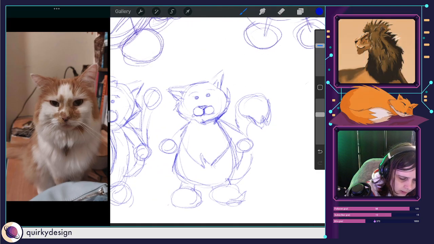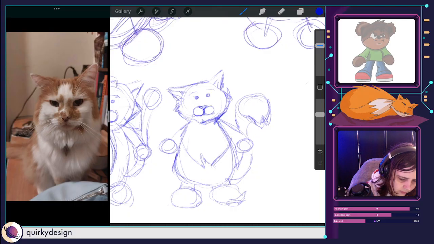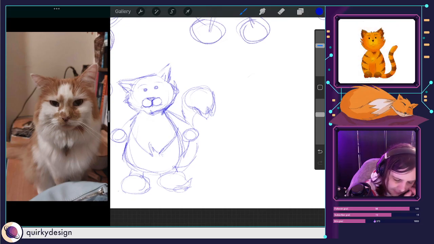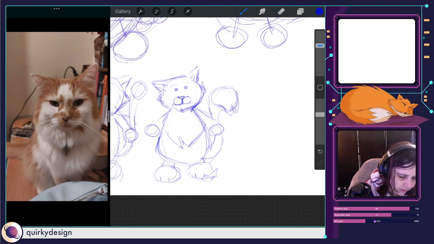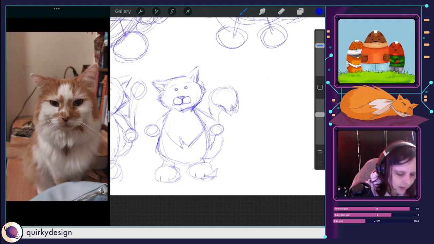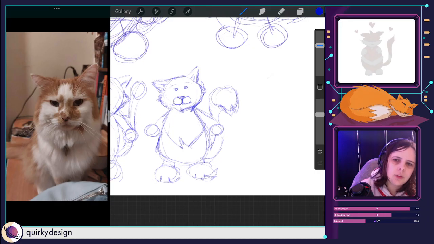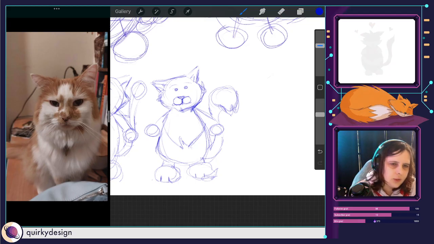I'm not minding the ears on this one. I think I'm sort of liking the concept of this one. And then rather than it just be natural rounded toes, I'll just do little, what's the word, spaces, so it looks like his toes don't look like they're joined together.